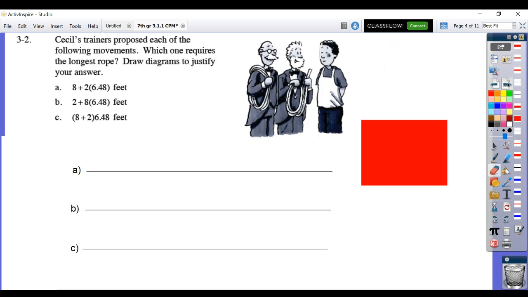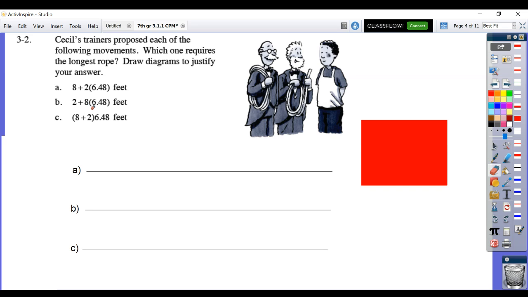For 3.2, Cecil's trainers proposed each of these movements. Which one requires the longest rope? Draw diagrams to justify your answer. So for A, you're going to take your 2 times 6.48 of a foot and then add 8 to it. So you can start with your 8, but then you've got 2 sets of 6.48. As opposed to B, where you're starting with 2 feet and then you have 8 sets